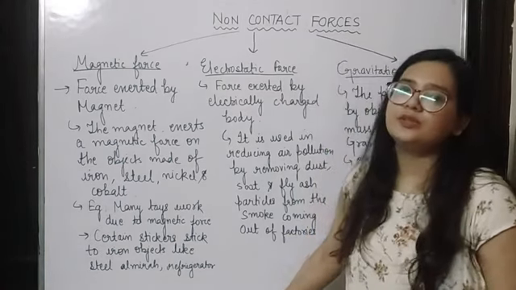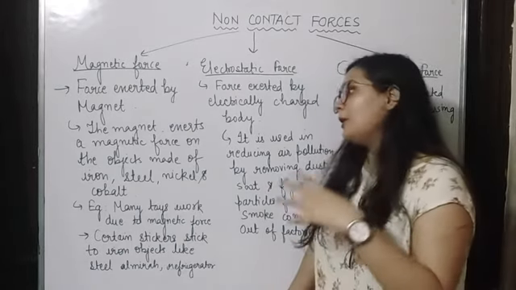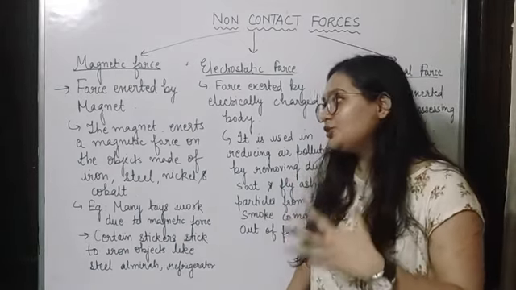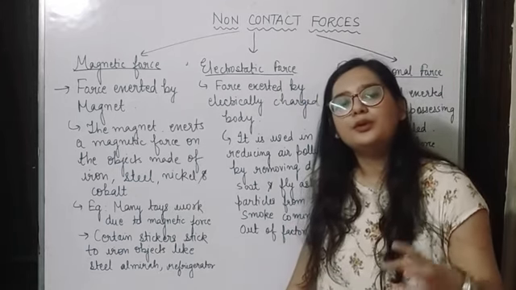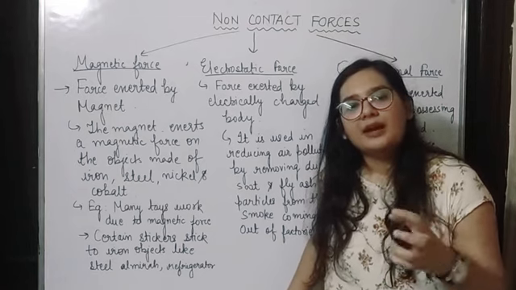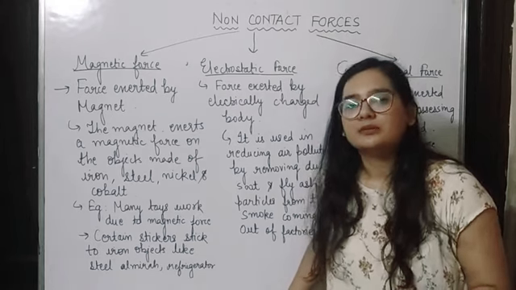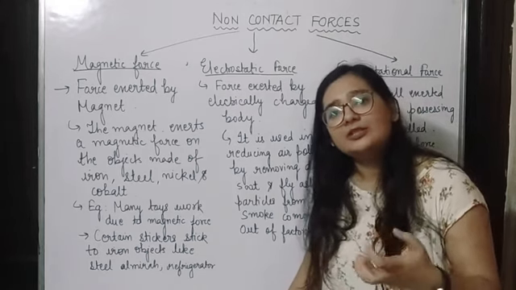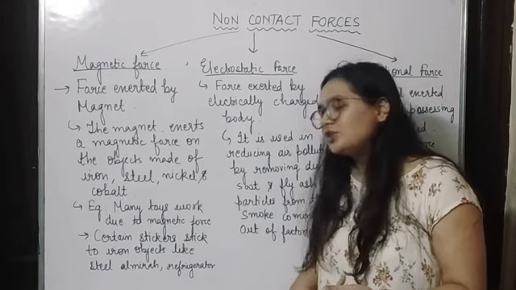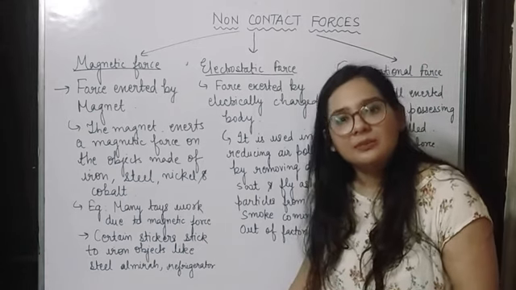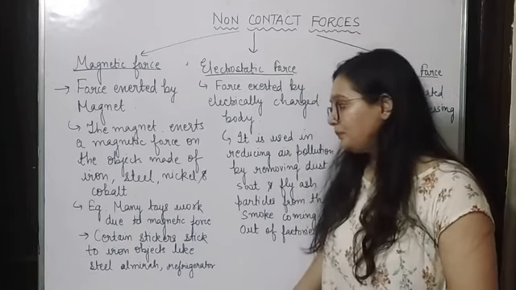So whenever you feel like sticking some stickers, one thing you need to notice here is that these objects should be made of either iron, steel, nickel, or cobalt. Don't try to use a magnet for attracting wood and plastic, right? They will not be attracted by a magnet, because a magnet attracts only magnetic material. So iron, cobalt, steel, all these are your magnetic materials, right? So this was all about the magnet.